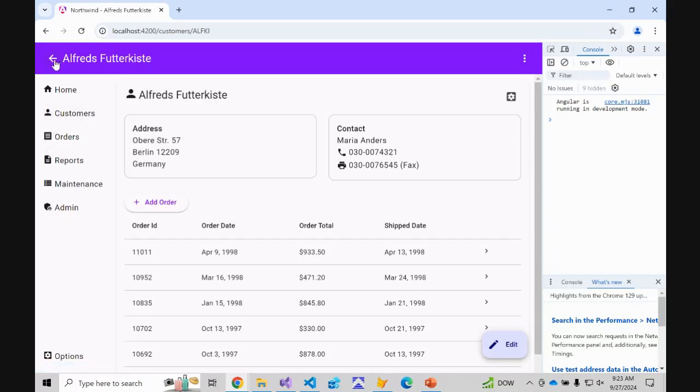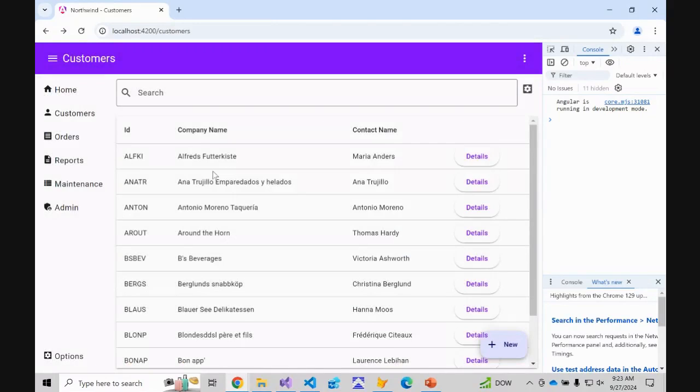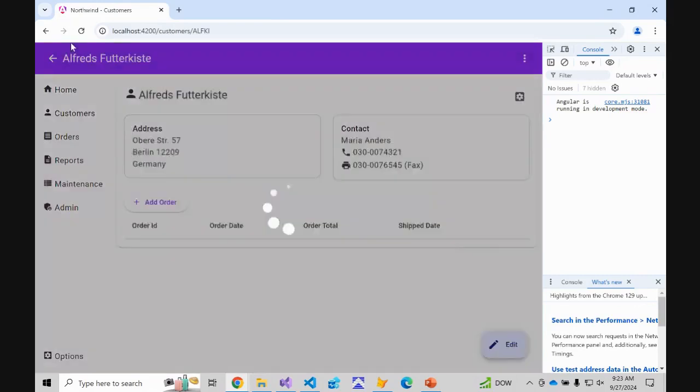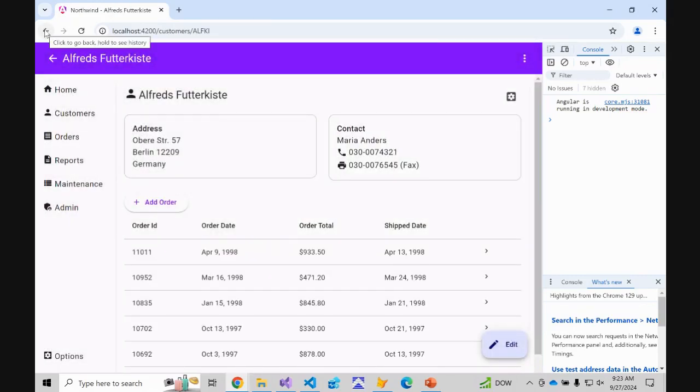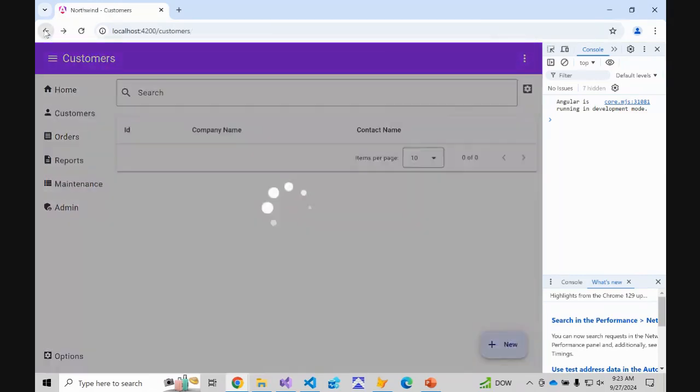So notice here I'm on the details screen, and our menu icon has changed. It's no longer there, and now we have a back button. And when I click on that back button, it takes me to the list of customers as expected. And this is the equivalent of pressing the back button in the browser